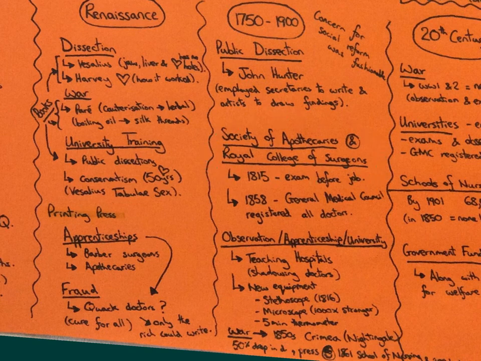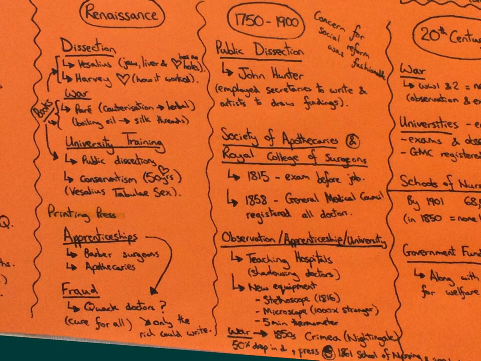Now, what were they and what did they do? Well, the really important thing that the Society of Apothecaries and the Royal College of Surgeons do is in 1815 they come up with the idea that you have to have an exam before you can do the job of being a doctor. Seems like a brilliant idea to me, because it's checking that this person has the capability to treat you without killing you. So it's only in the industrial period that we see that happen. Previously, anyone could go along and attend university, and just by being there, the default was becoming a doctor. Now they have to pass an exam before they can do the job.